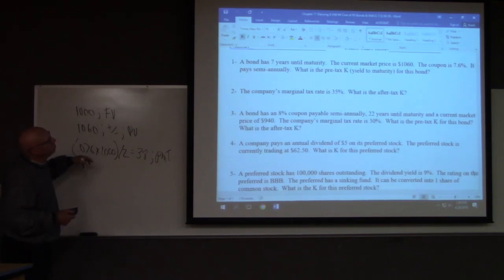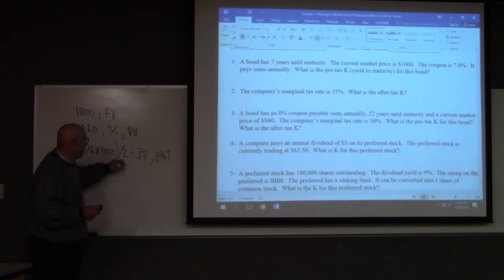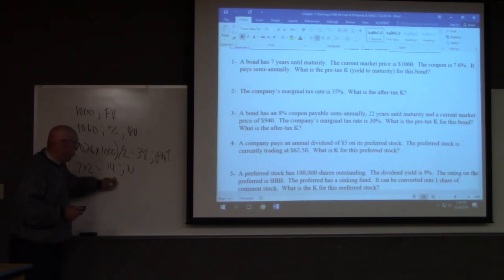And 7 years times 2 payments per year, 14 is our N. Compute IY. Let's do that. So let's get all this plugged in. 1,000 is our future value. 1,060 plus minus is our present value, and 38 is our payment. 14 is our N. Compute IY, and we get 3.26%